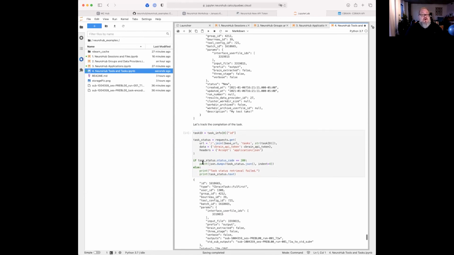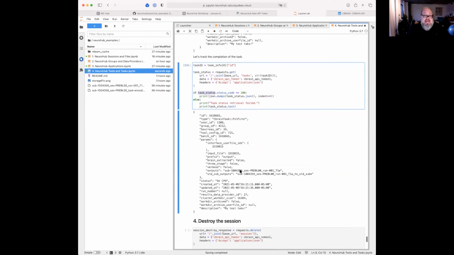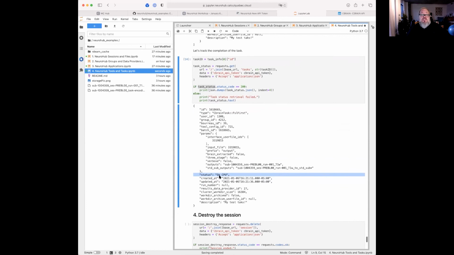So change that response to task status. And you'll see that right now, the important part of this is status on CPU. So hopefully you've gotten to this point and you're seeing on CPU. You will not see completed for another 6 minutes. So if I keep rerunning this,